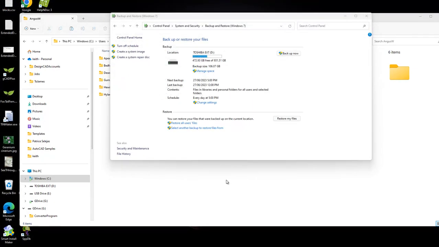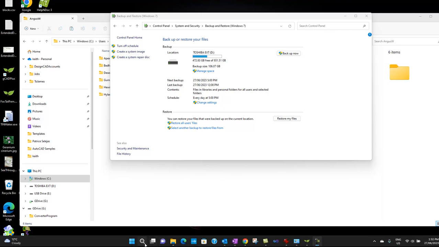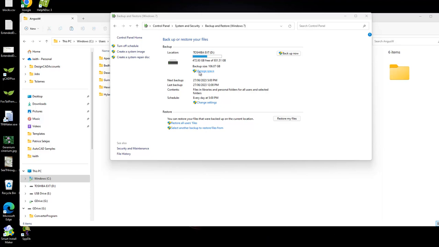We need to activate the control panel. You can find that by just going to the search function, then pick System and Security, pick Backup and Restore, the Windows 7 option. Even though I'm using Windows 11 here, that old Windows 7 tool works very well for this purpose. And what we're going to do, we've activated it, but we'll just change some settings. The backup starts,